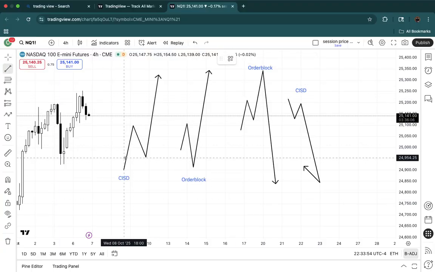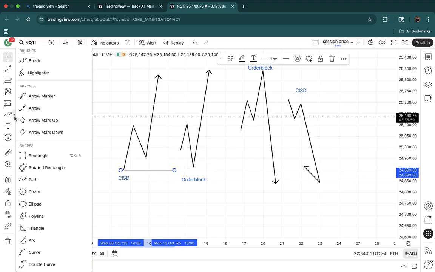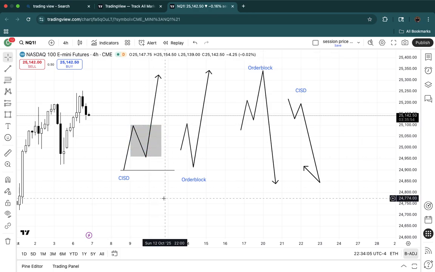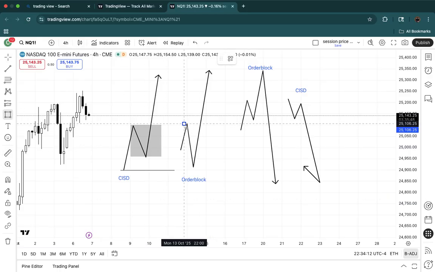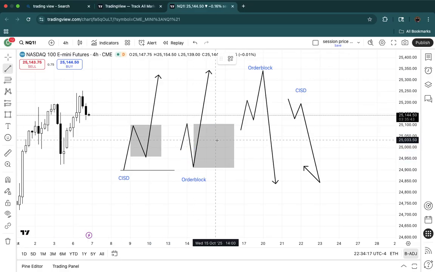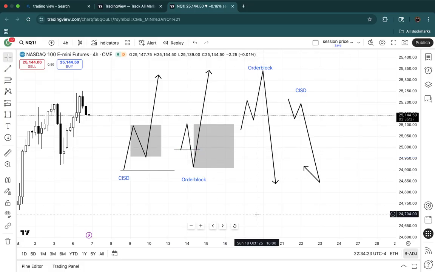So, this is a change in state of delivery, because we did not take this low, we just simply made a move down before we went up. Okay? This is an order block because we took this low right here. So the order block is basically us manipulating a low with the down move and then